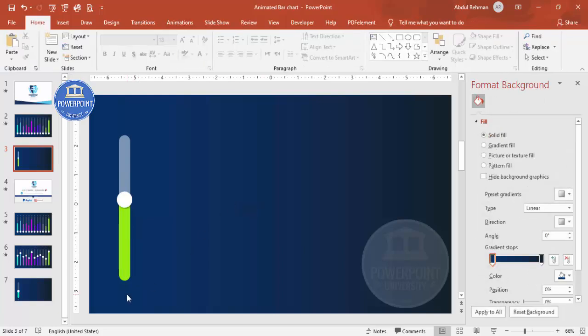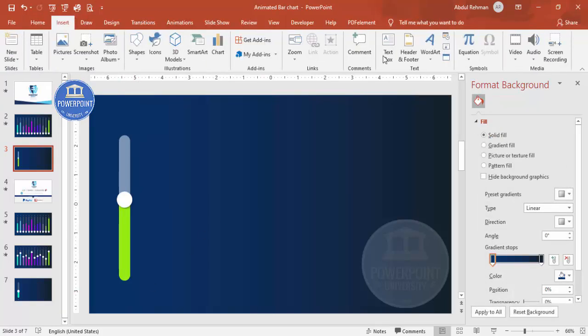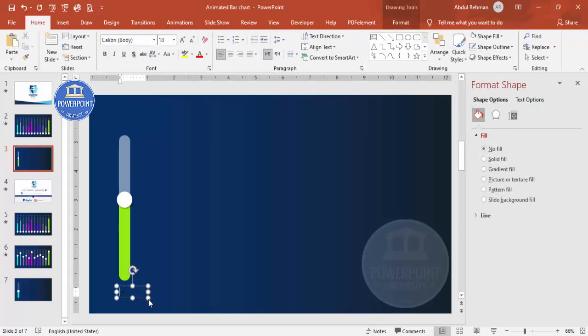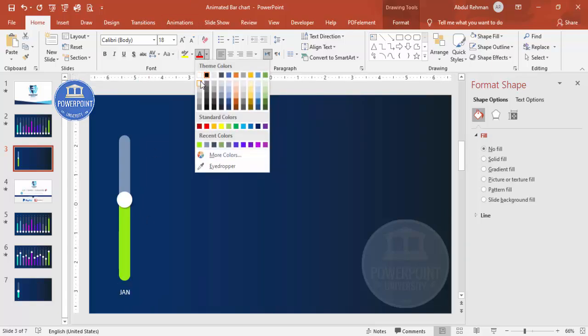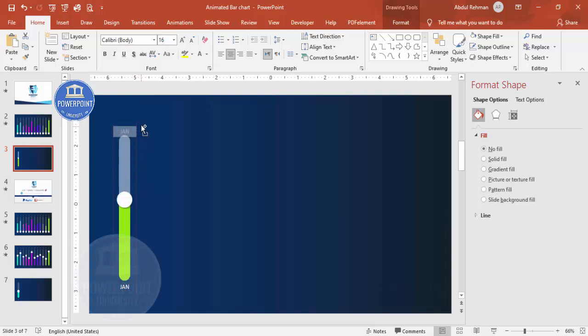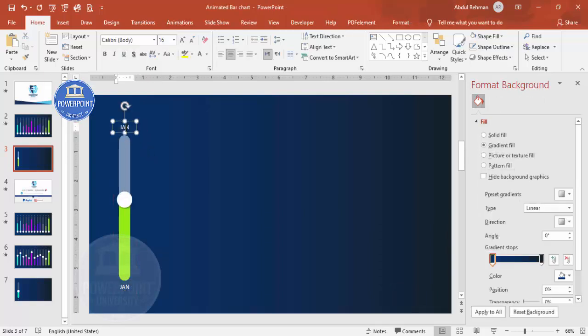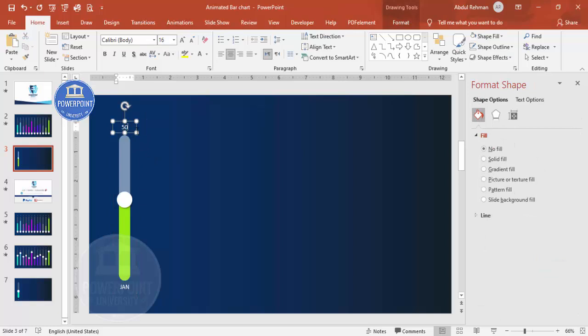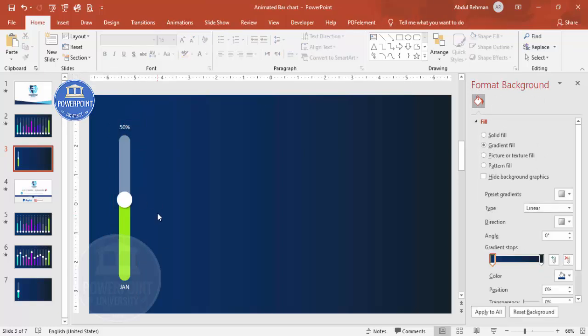All right, and then here at the bottom we can add the month name or any other name which you want. For example, this is Jan. Then this one I'm going to make a somewhat lighter color, center align, and place it here exactly. If you want, you can reduce the font size also and place it in the center. Then using the Ctrl Shift key, I'm just going to add one more at the top, and this one I'm going to make, for example, 50%. All right, so like this we need to make it.